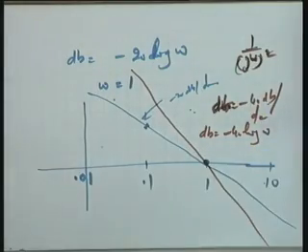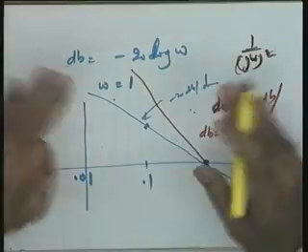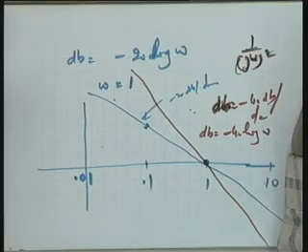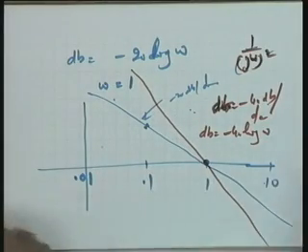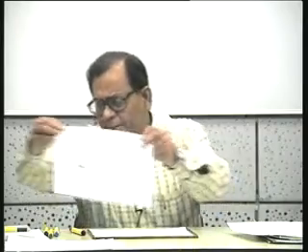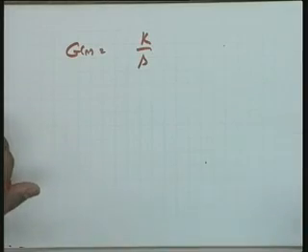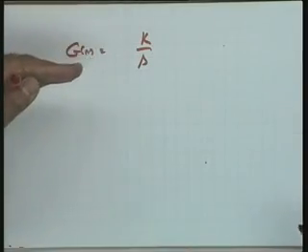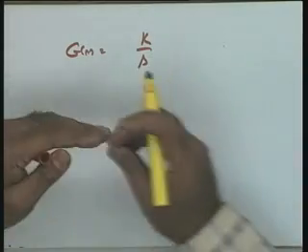Numerators normally we do not come across, so let me not make the issue complex. But you see, as far as the Bode plot construction is concerned, the slope will change, that is all. Instead of minus 20 dBs per decade, it will become plus 20 dBs per decade, that is the slope will become this way, or plus 40 dBs per decade as the case may be. Okay? Now let me mix up the two and let me say that I have G(s) equal to k over s or k over s squared. In this particular case, please see, one aspect is this, that you plot for k, you plot for 1 by s and add up the two.